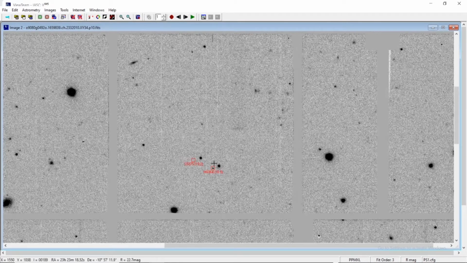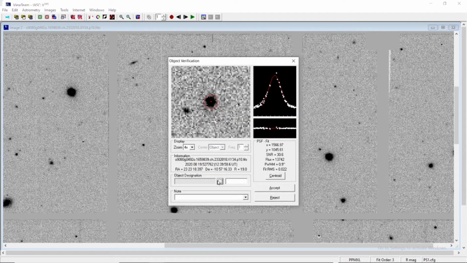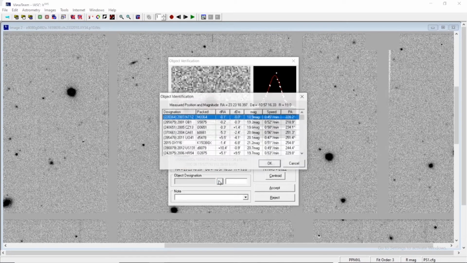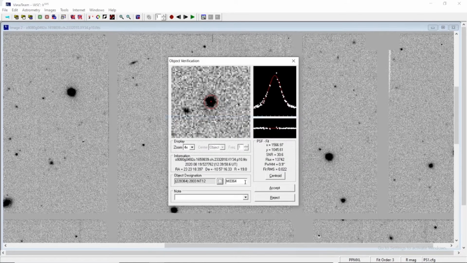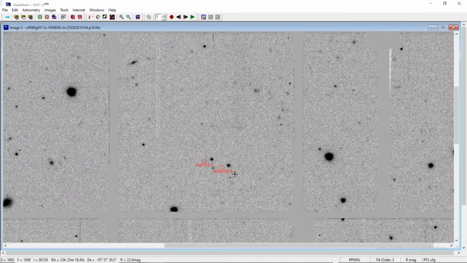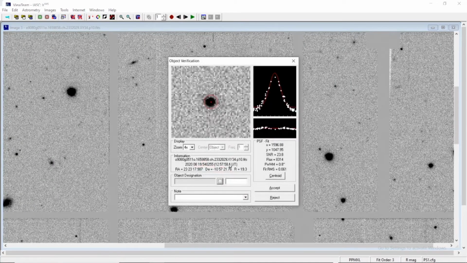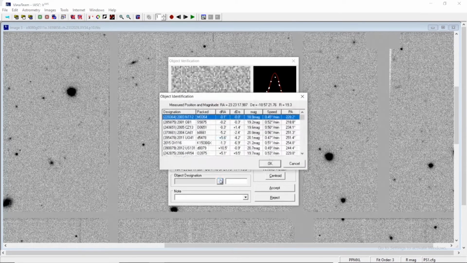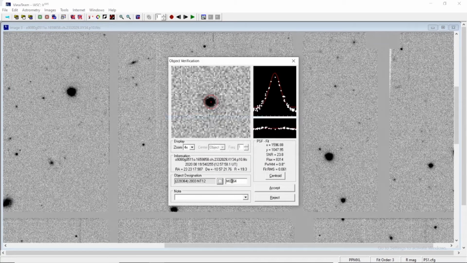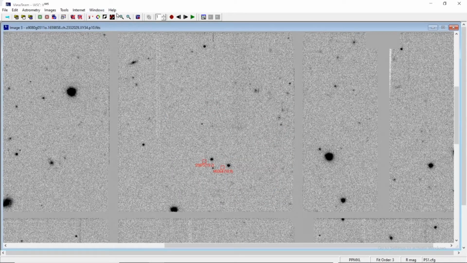Move a step forward, go to image number 2, put your crossfire there. After putting the crossbar there, click over the object designation, and after doing the object designation, click OK. Because you have already seen the properties, accept it, don't change the designation. Go for image number 3. In that image number 3, go for the object designation again, because nothing is to be analyzed for the properties. We have already seen the properties, so find the nearest object, select it, click OK. Don't change the designation of M0364.